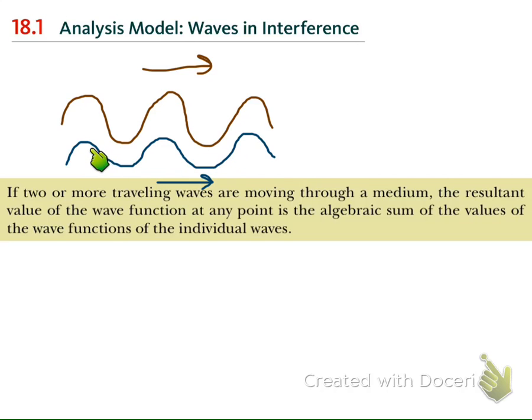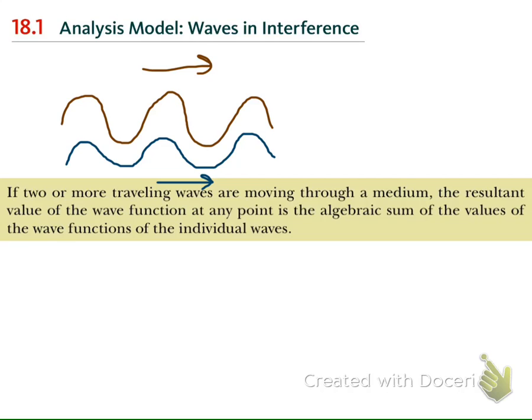And if at an instant of time these two waves pass through the medium, and you take a snapshot of these two waves and you see the displacement from the first wave like this and the displacement from the second wave like this, we will have that